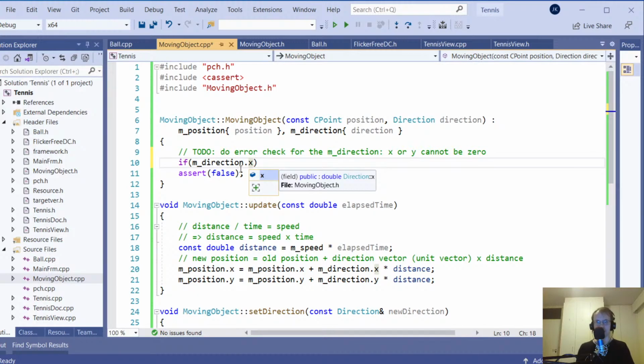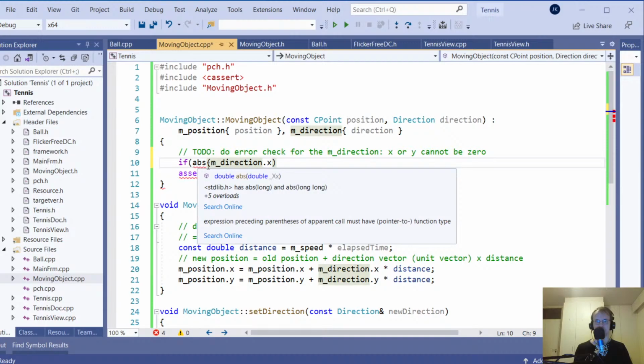I can't check the 0. Okay, so I have to take absolute value. I can't check. Okay, but I'm gonna check that anyway. If direction x, I need to take absolute value. I have no choice here. If the absolute value of this one